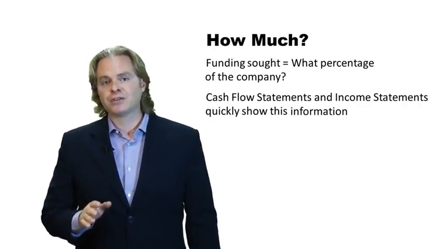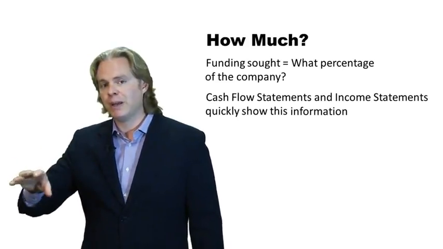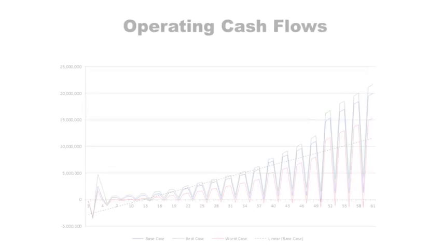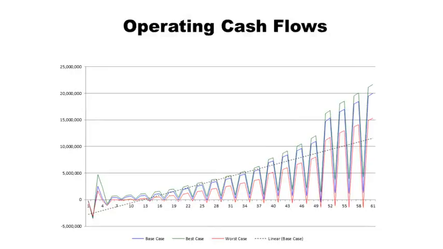The other thing that the cash flows show us, especially on a month-to-month basis, is that they show us when we need that cash. You see, we could determine that we're going to need $50,000 worth of cash, but you don't need it month 1 or month 0. You maybe need $10,000 to get up and running. And then when you hit a benchmark, you're going to need another $10,000. And then at another benchmark, that's when you'll need another $10,000, right? And people are much more willing to invest smaller amounts of money at a time, seeing the progress that you're making, right? Than they are investing a bunch of money up front.